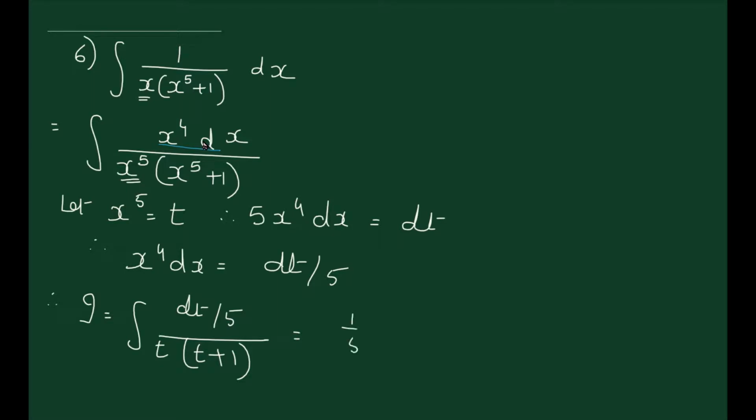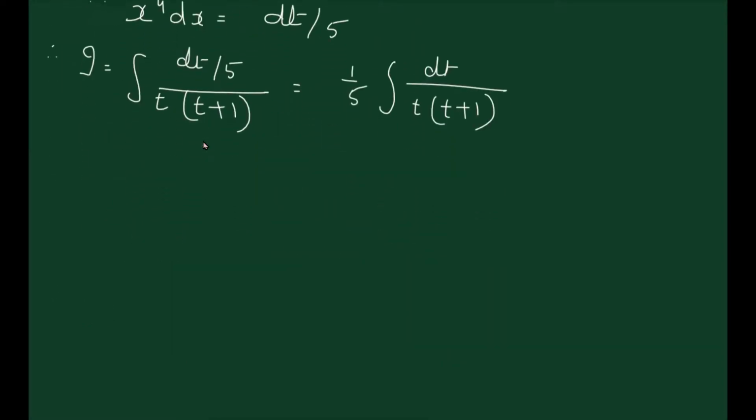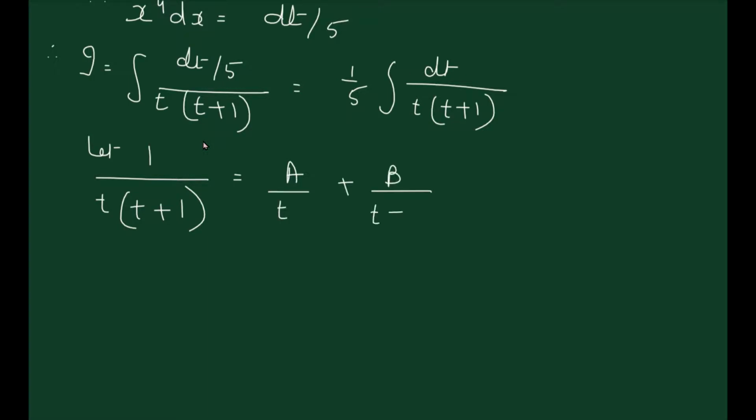Now, we take 1 upon 5 common from the integral, so that we get dt upon t into t plus 1. So dt upon t into t plus 1 we are getting. Now, just like we did earlier, we are going to write let 1 upon t into t plus 1, we are converting it into partial fractions. Let 1 upon t into t plus 1 is equal to a upon t plus b upon t plus 1. The first form of partial fraction it becomes. So that now cross multiplying again, we get therefore 1 is equal to a into t plus 1 upon t